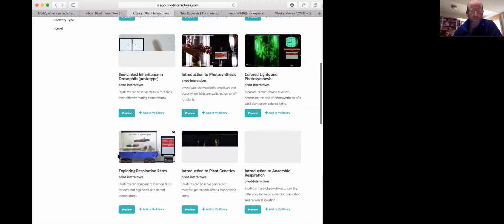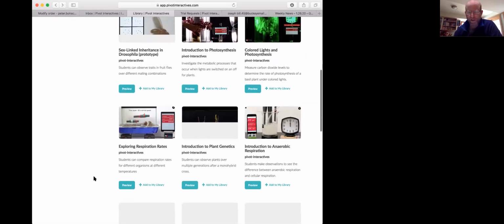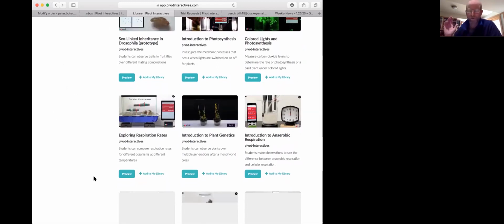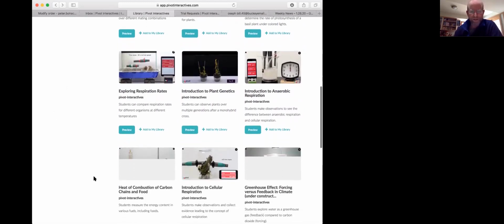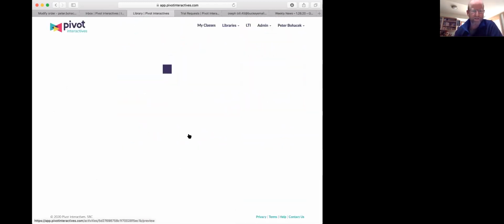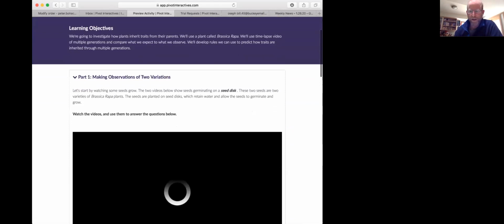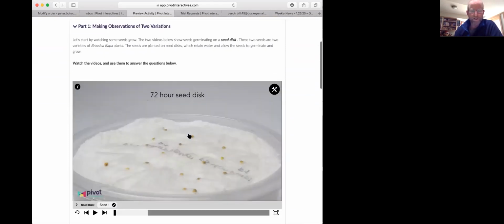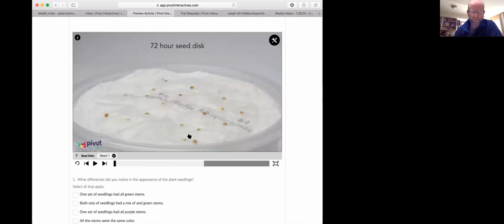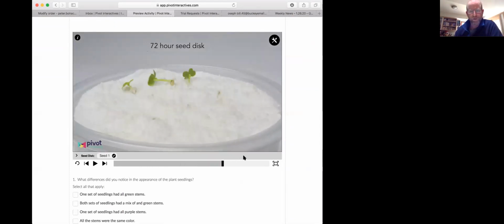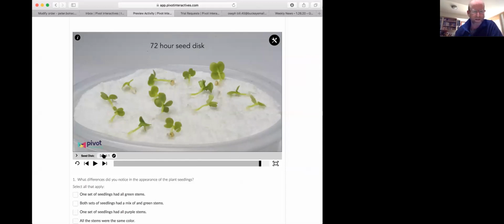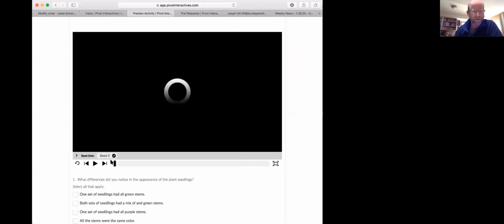So I think that for physics, high-speed videography is like this window into things that you would normally not be able to see, collisions and projectile motion and things like that. And time-lapse is sort of the equivalent for biology. So here's our opportunity for students to learn about Mendelian genetics by collecting their own data. We have an example of some seeds. This is just a seed disc that grows over 24 hours, 72 hours, and you can observe that. And then you can look at another kind of seed